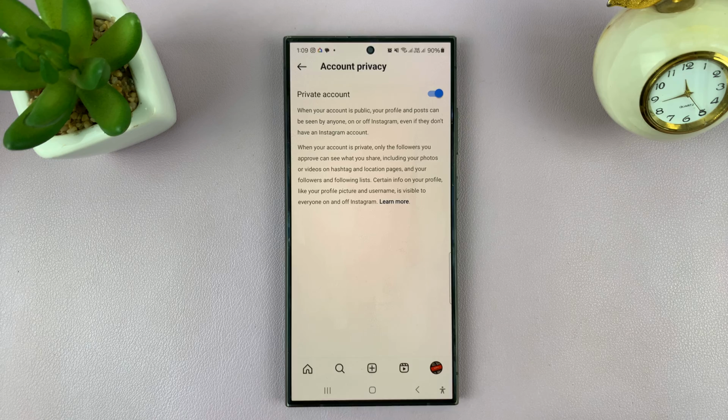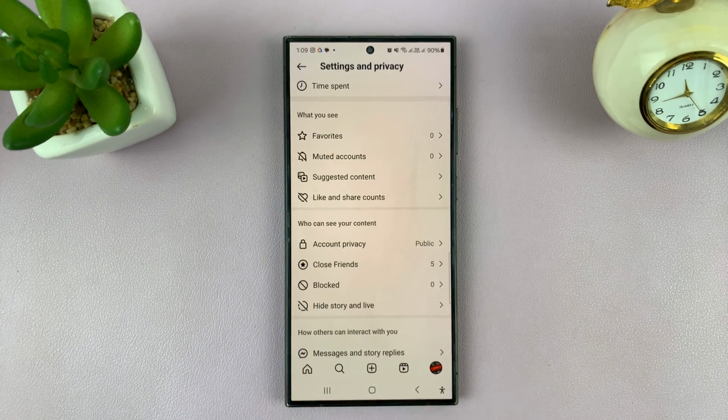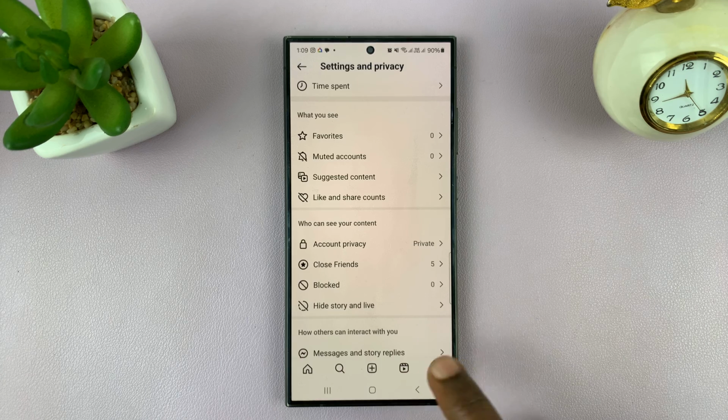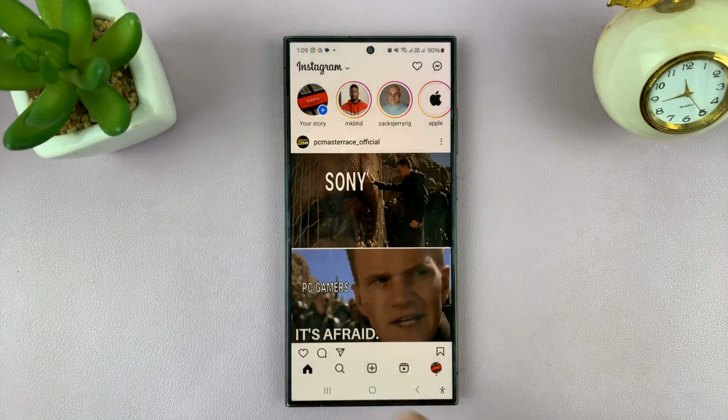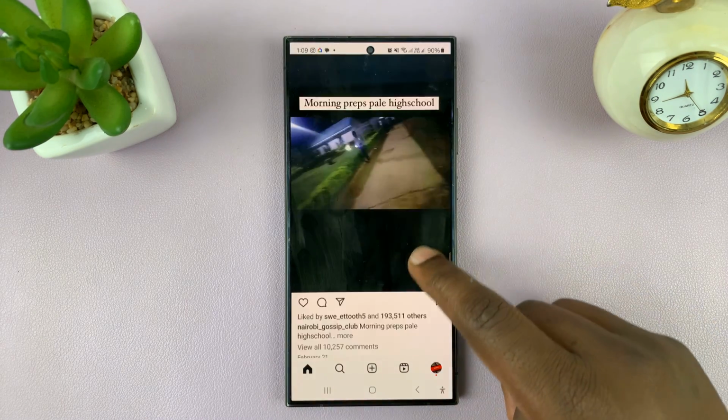So from now on, only people I have allowed to follow me, or only my current followers, will be able to see my profile and my posts. And also new followers will have to request and I'll have to accept them to be able to become my followers. And that is basically how to make your Instagram account